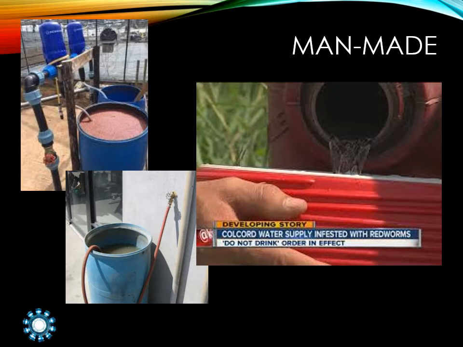Man-made water emergencies do happen. Here you can see two different cross connections on the left. If the water system temporarily lost water pressure in the area, the liquids in the blue barrels will be sucked into the water system through back siphonage. Sometimes this is just dirty and stagnant water. Sometimes it will be a vat of herbicide or fertilizer or some other toxic contaminant that gets introduced to the